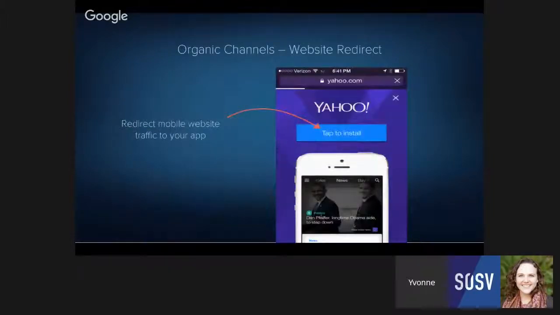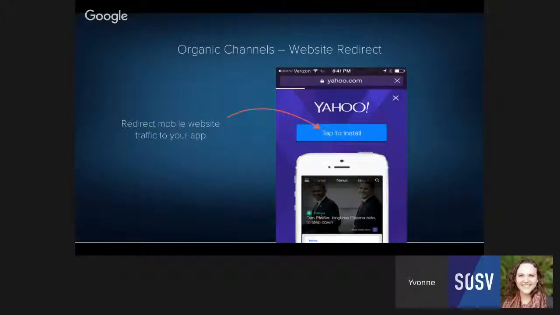The other things that we want to touch on are just some organic channels for acquisition. So one thing that we find is that companies that are able to identify where a user's coming from on mobile do well. So if a user is browsing to, let's say, yahoo.com on mobile, Yahoo shows them an interstitial screen that asks them to install the mobile app to get a better experience.